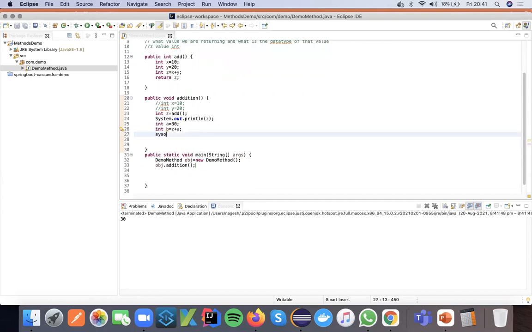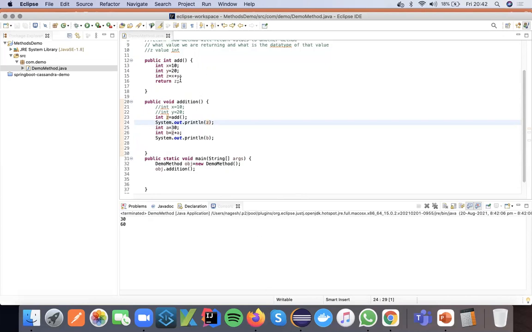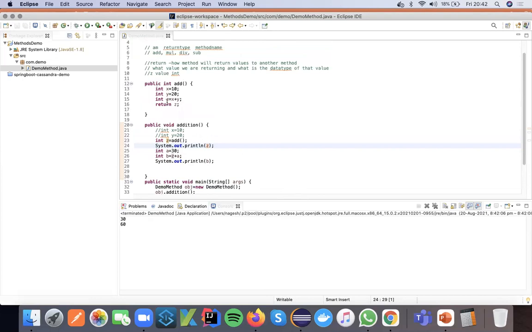So here I wanted to show you one more thing, whether we got the B value as 60 or not. Right, B value is 60, Z value is 30. So what we have understood here: if the same code is present in the sum method, instead of writing that same code, you can return some values from that method and you can access that value in another method. So in this class, we have understood how methods return a value.